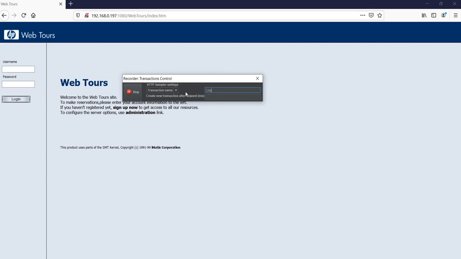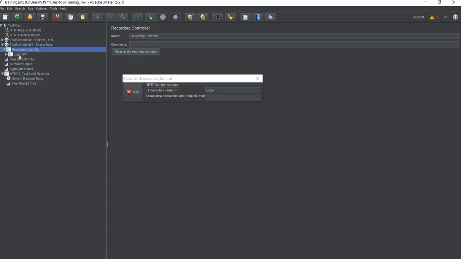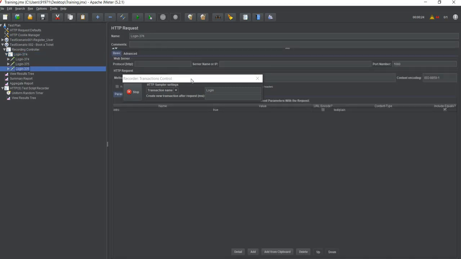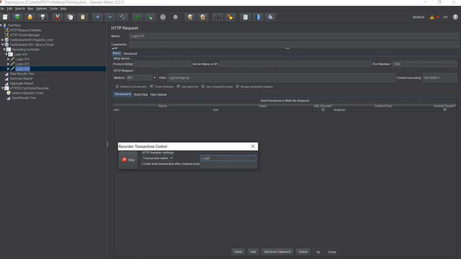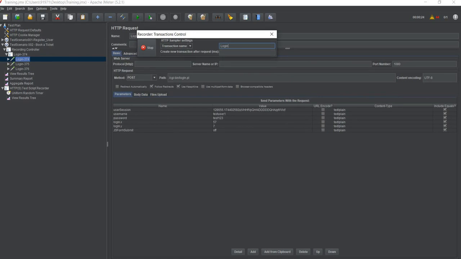I will name it as login, and I will log in using test user 1. I already have the password and I am hitting the login button. I have logged in. You can see that I have logged in and my request has been saved to login. As we already have this in default, it has not picked up over here. But all of these requests are from our server. I can see it from the path. CGI bin was in this server.